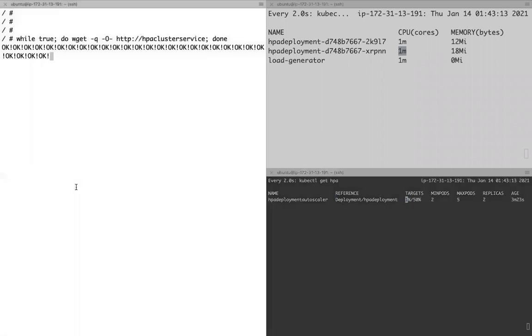Do I need to manually scale? Do I need to manually execute the kubectl scale command now? It will scale automatically. But one question here, what if my cluster doesn't have that much CPU and memory when we are scaling?